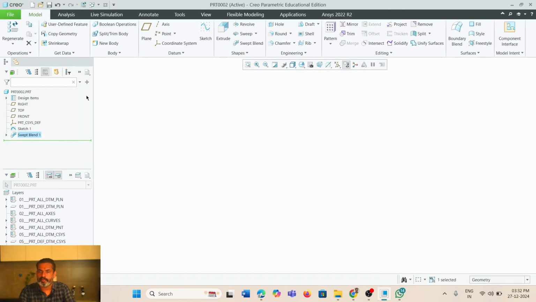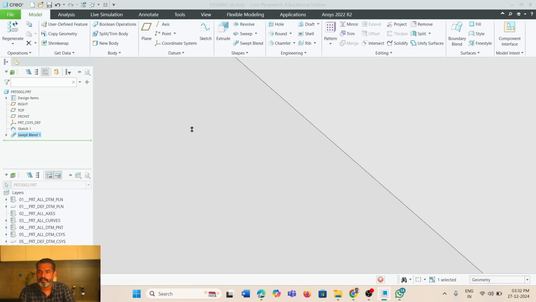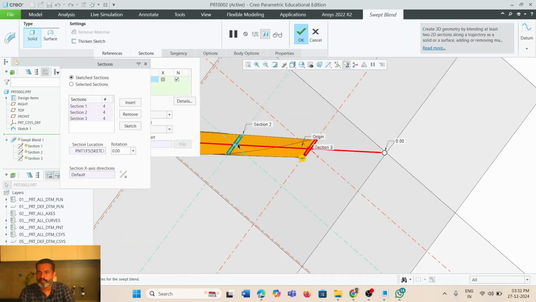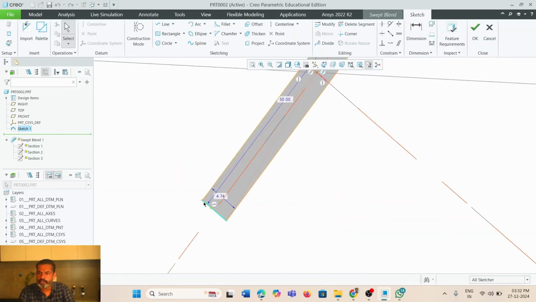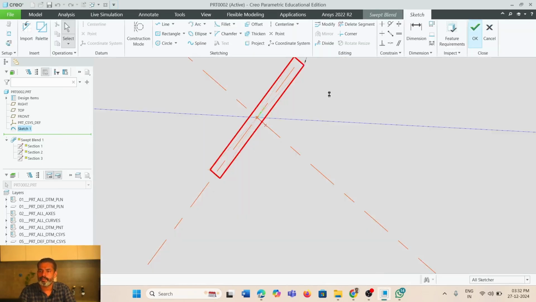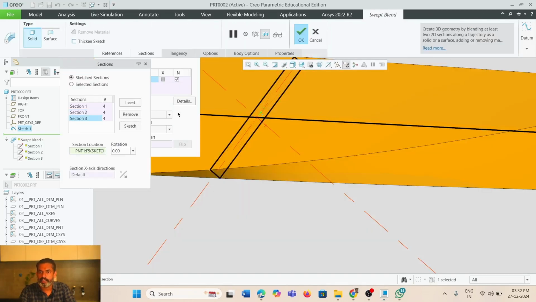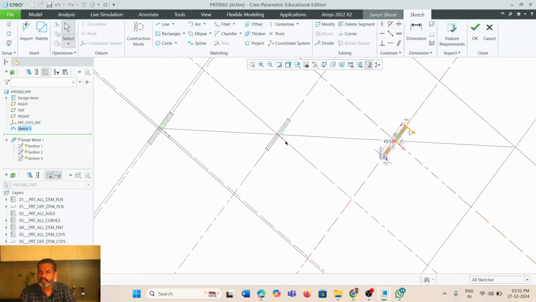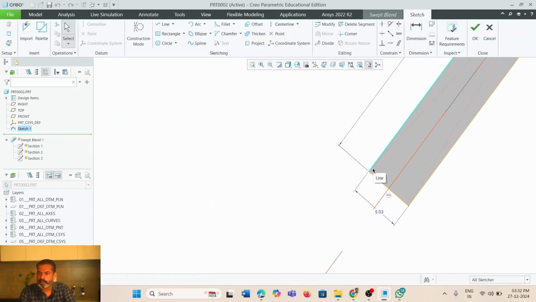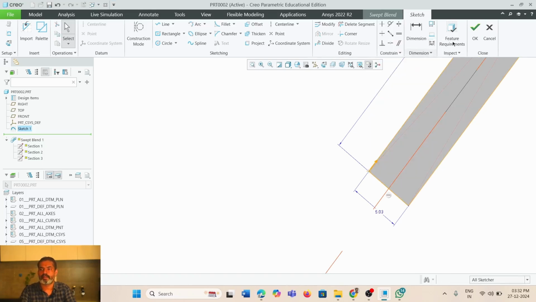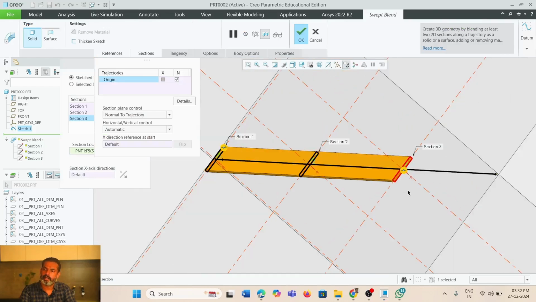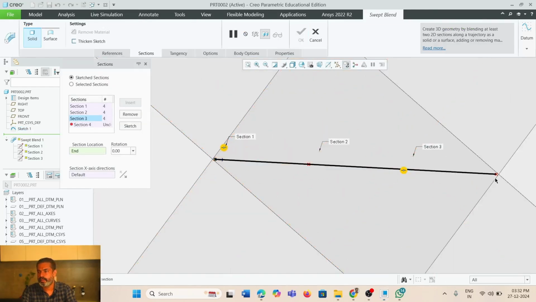Let me check on the previous figure. Go to section 2, then if you go for sketch, this is the start point. Okay, then I will go to section 3, sketch, and I will change the start point to here. Sorry, that was not the start point. Go to feature tools, start point. Now it is correct. Okay, then the last one, I will insert one more sketch, that is at the